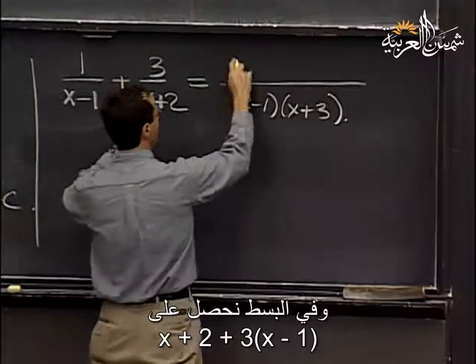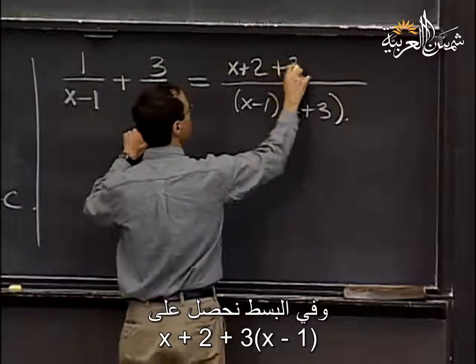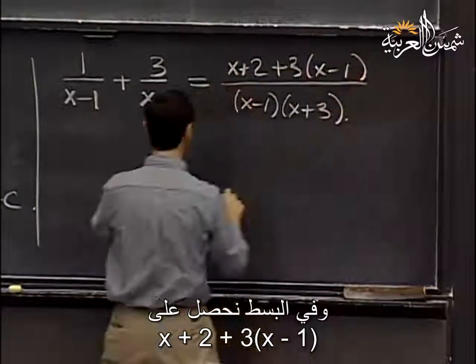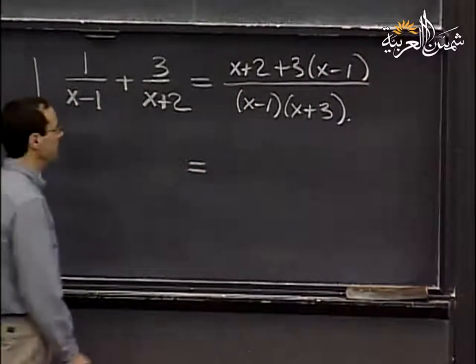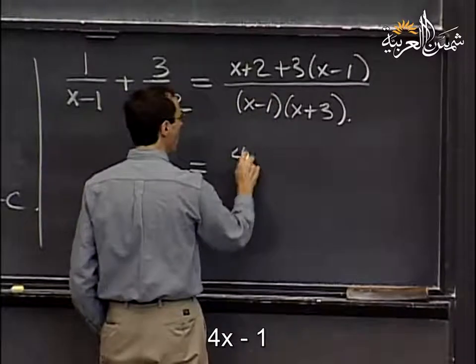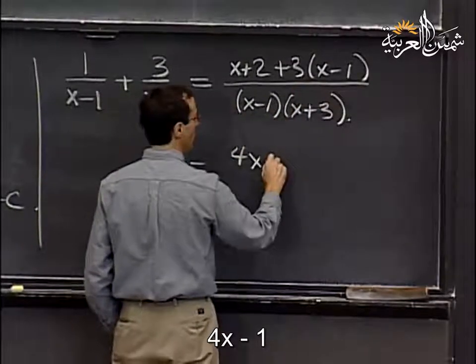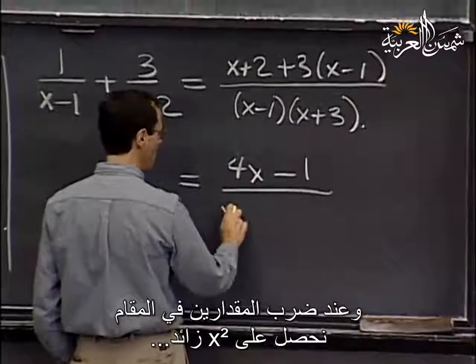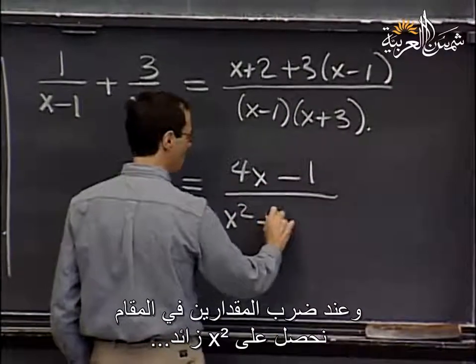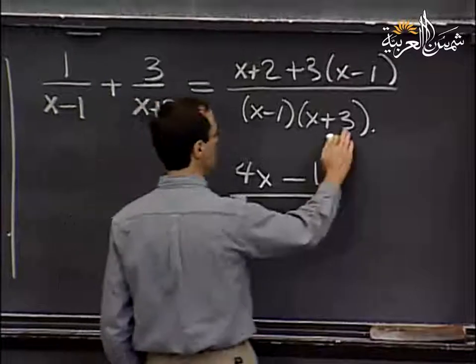And so that gives me x plus 2 here plus 3 times x minus 1. And now if I combine together all of these terms, then altogether I have 4x plus 2 minus 3, that's, I guess, minus 1. And then if I multiply out the denominator, that's x squared plus,